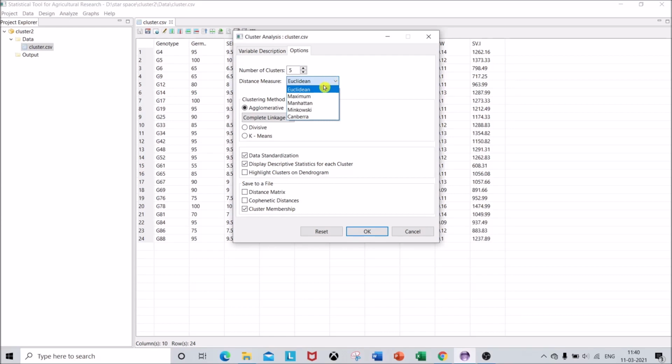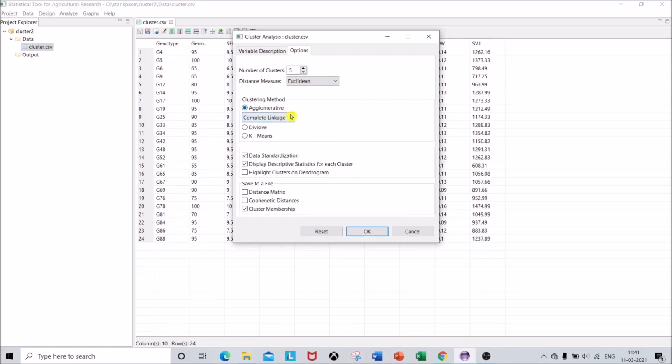Here there are 5 distance measuring methods: Euclidean, maximum, Manhattan, Minkowski and Canberra. In most of the articles I have seen, the Euclidean distance measure is preferred over other methods. So here we will be selecting the Euclidean method, and we can also select from the major clustering methods.